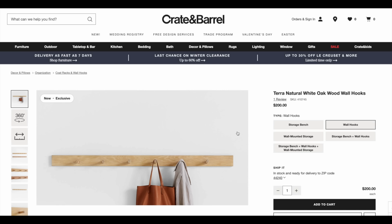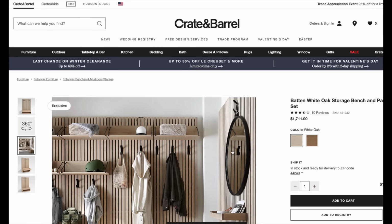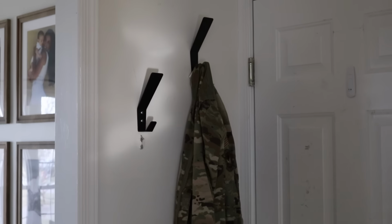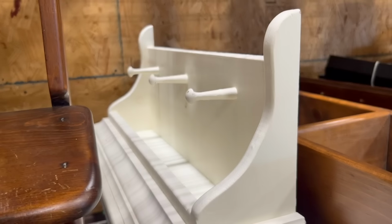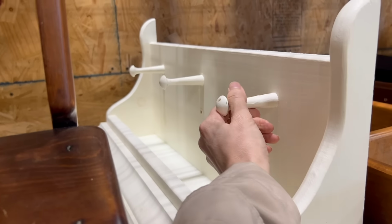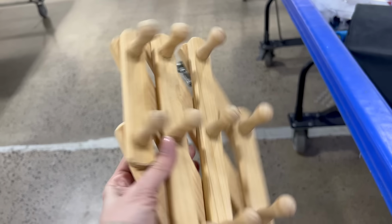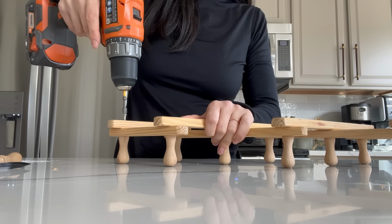But even just the simple peg rail is $200. I really loved these, but this was thousands of dollars, and on top of that wouldn't fit the scale of my space. So I've been keeping my eyes out at the thrift store, and usually the peg rails I see are something like this, and it still just really doesn't offer me enough storage or as much storage as I would like. So I ended up picking up this peg rack here,